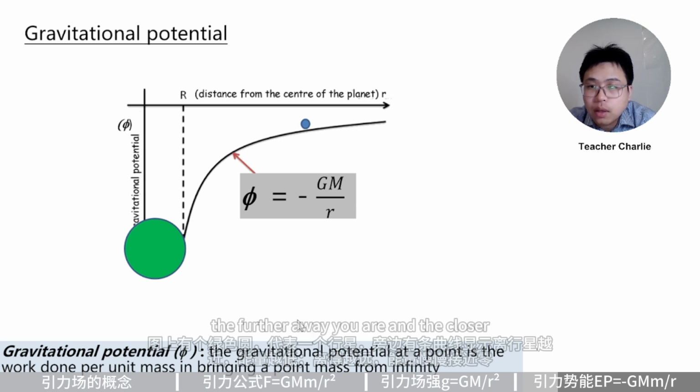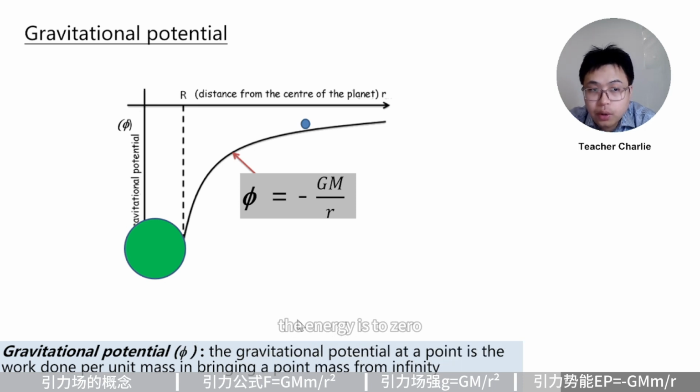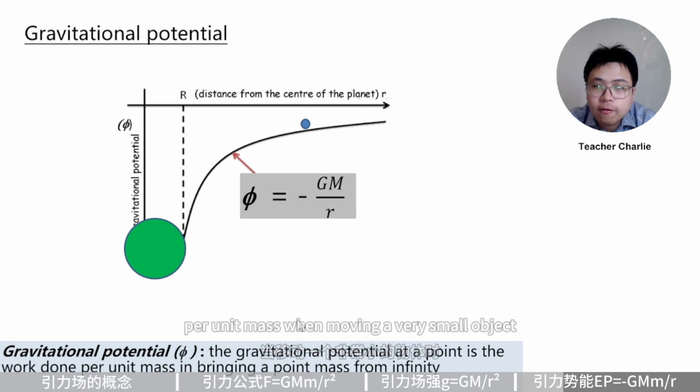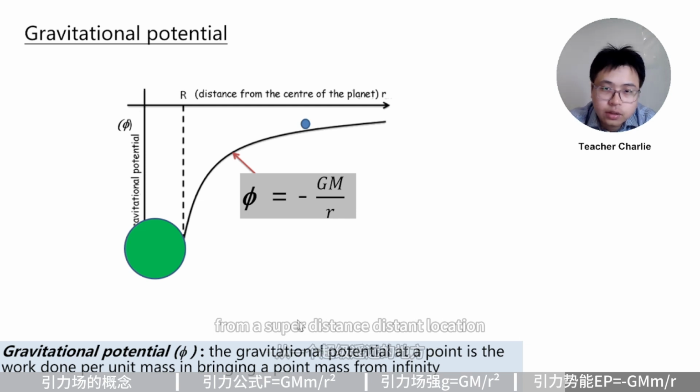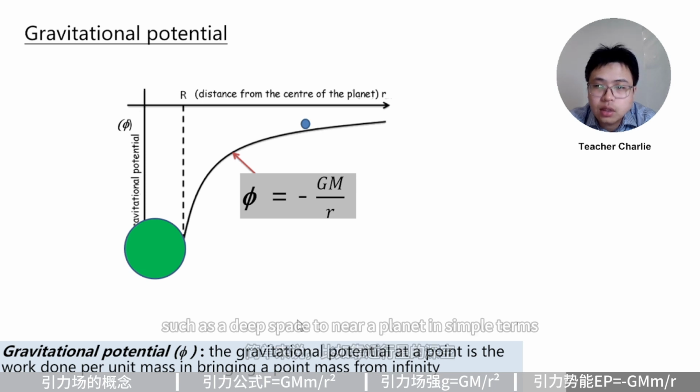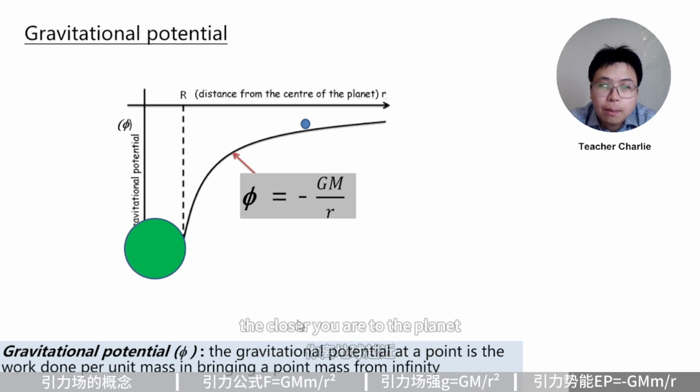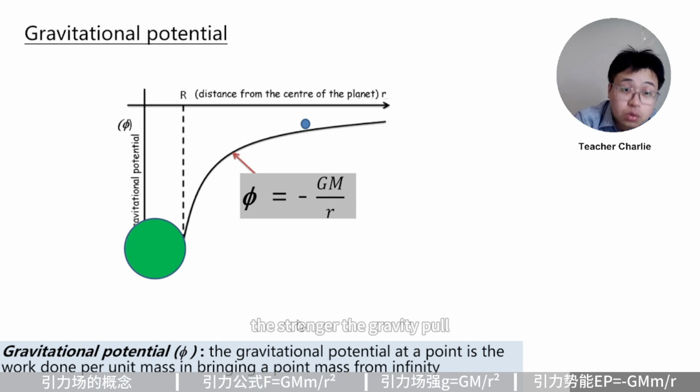The further away you are, the closer the energy is to zero. Gravitational potential is the work done per unit of mass when moving a very small object from a super distant location, such as deep space, to near a planet. In simple terms, the closer you are to the planet, the stronger the gravitational pull, and the greater the change in